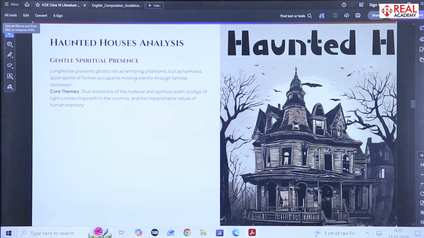The poet leaves the reader with a comforting message that the people we love never completely disappear. Though physically absent, they continue to live in our memories and the unseen spiritual world that surrounds us. The major themes of this poem are life after death, memory and remembrance, the immortality of the soul, the connection between the living and the dead, spirituality and faith, and the coexistence of the visible and invisible world.